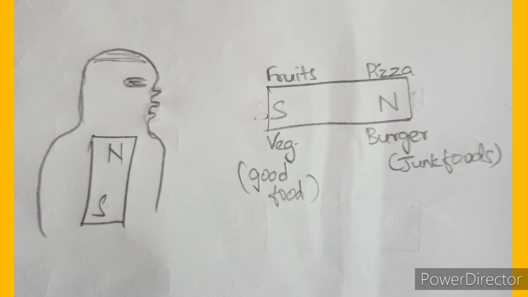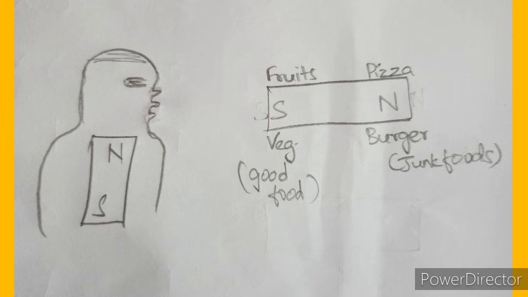We know that like poles repel each other and unlike poles attract each other. So when you bring the bar magnet nearer to the toy, facing south pole to the toy, it gets attracted as the bar magnet inside the toy has north pole on the top. And if you bring the outside bar magnet's north pole nearer to the toy, then it gets repelled. So repelling is nothing but here we have placed bad food. So bad food is repelled, means rejected, and good food is accepted.